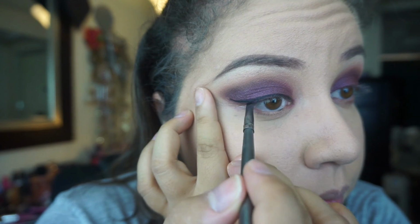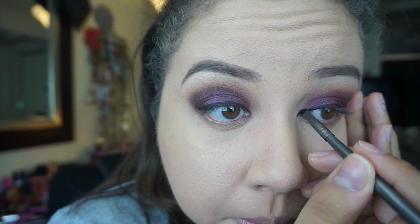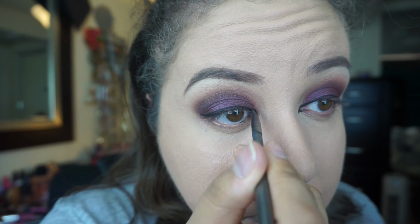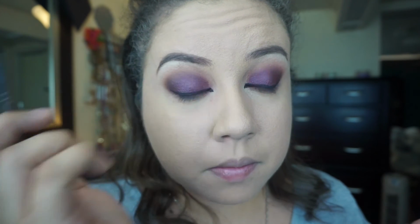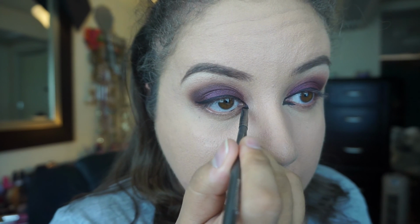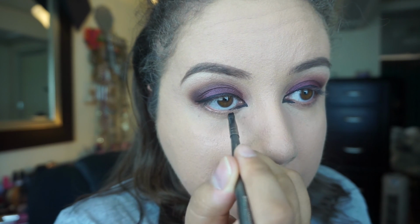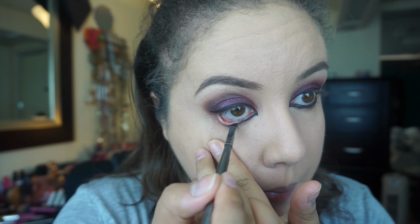And I'm just going along the waterline and just making it pretty thin. I'm not making it too thick because I don't want to cover up that shadow. And then I'm going in the very corners and just bringing it out and just making sort of the inner corner, bringing it to like a tip, and then bringing it back out onto the bottom lower lash line. So I'm just dragging that out carefully. You don't have to be too careful because we're going to smoke everything out, but you definitely want to keep